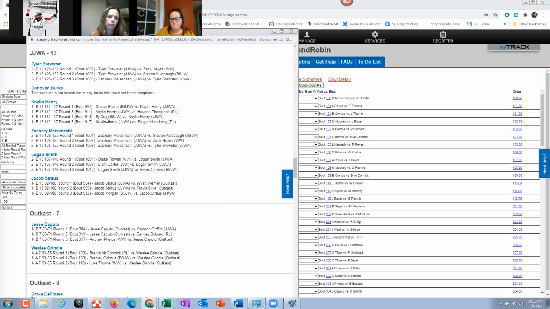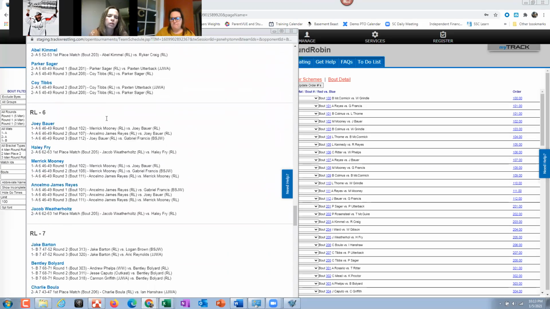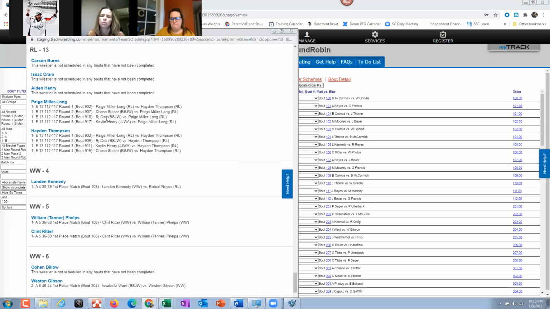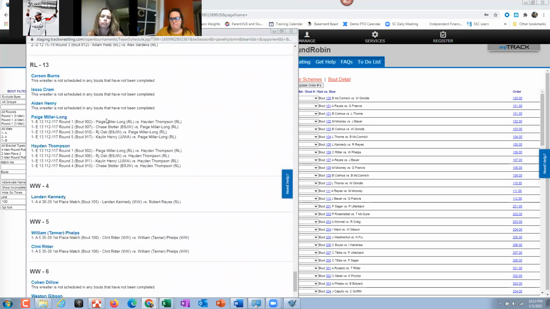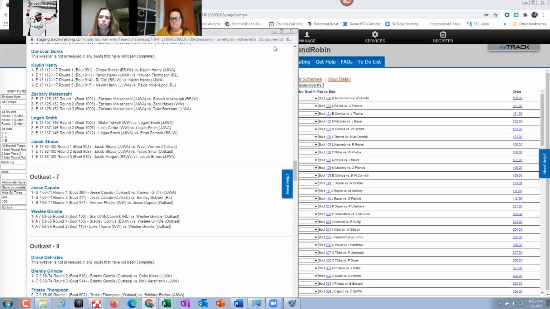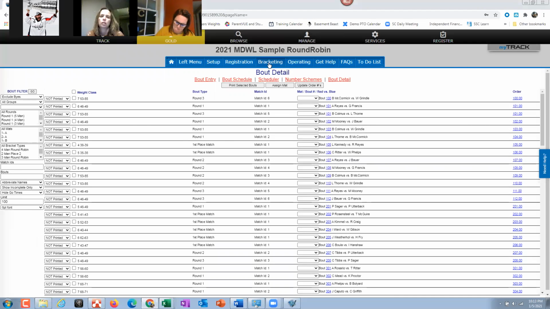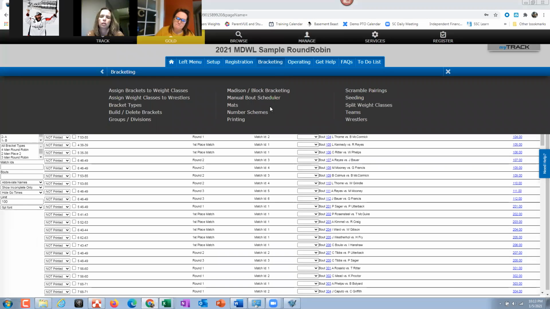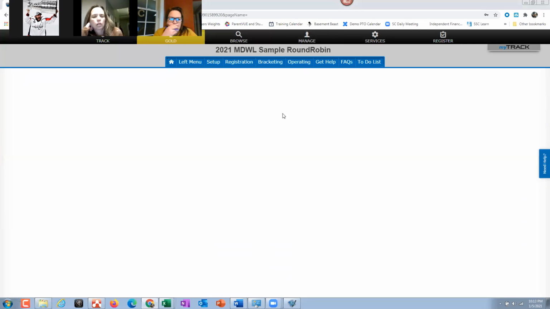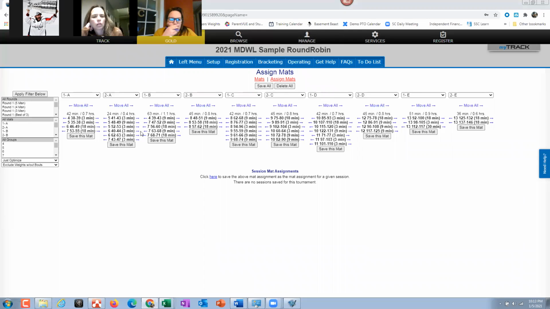And we'll do that. So on Saturday, on Sunday, when you printed them, you did 1 session at a time. Yeah. So that's where it gets tricky, right? If you'll notice, if I go back to assign mats, it's never going to split perfectly. I think one time it did out of the 5 sessions. So if I go back to mats and then assign mats, you're going to see, if I just print 4, 5, and 6, right?